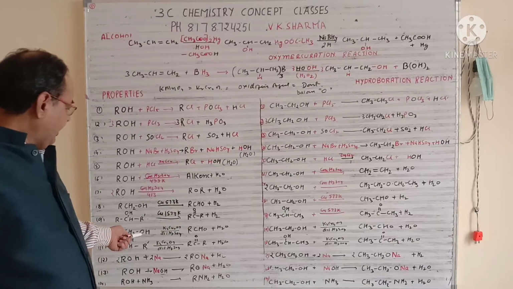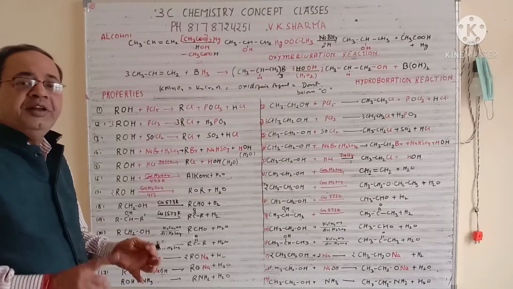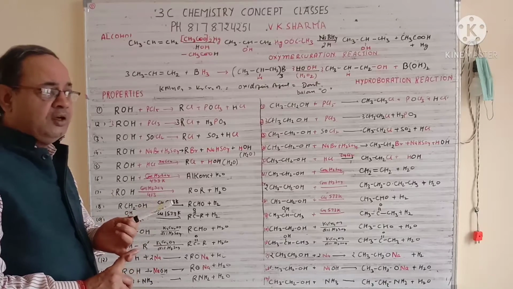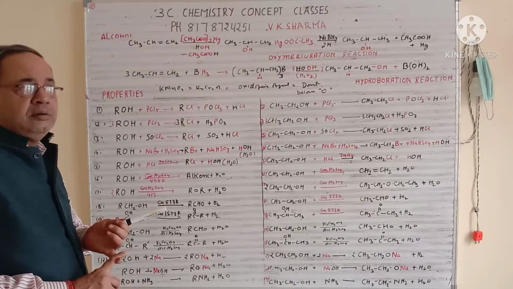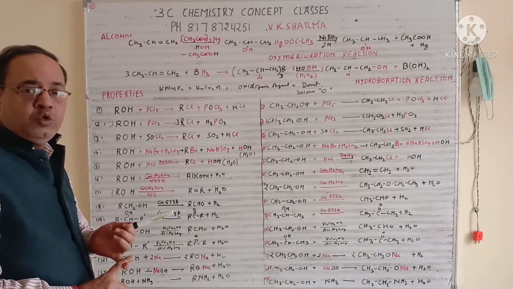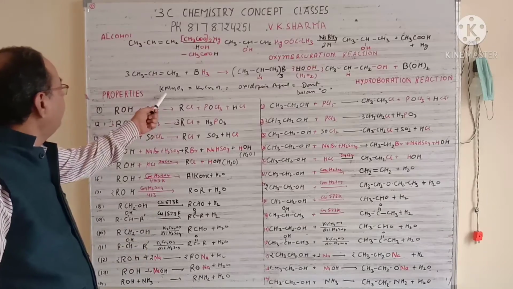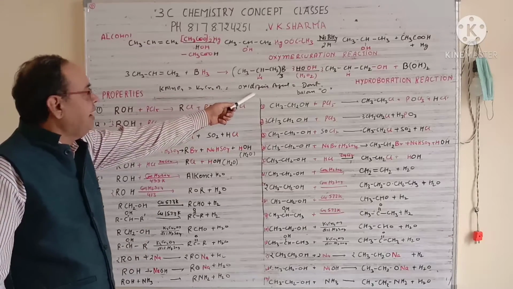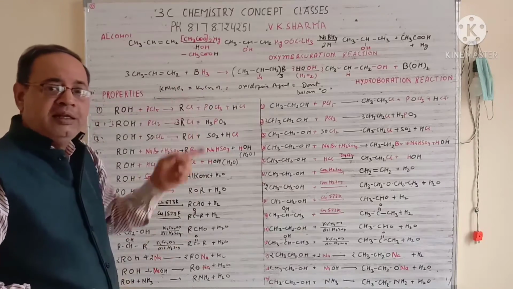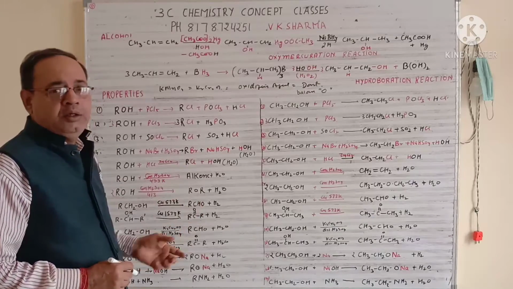Now when alcohol reacts with K2Cr2O7, it converts into aldehyde first, and if you keep this aldehyde for more time in K2Cr2O7, it will give you carboxylic acid. So whenever you find KMnO4, K2Cr2O7, or any oxidizing agent, don't balance the oxygen there, because they provide the oxygen themselves.